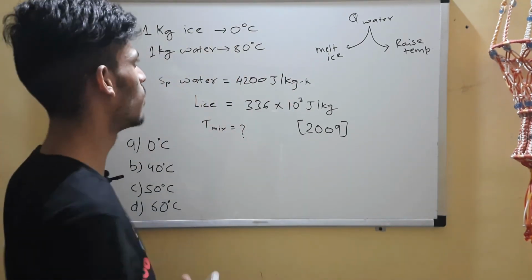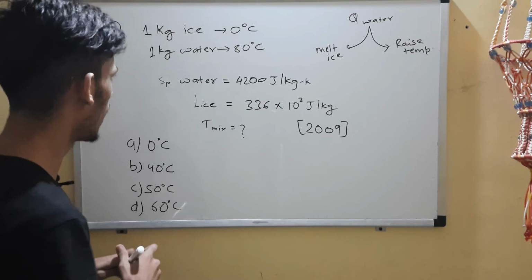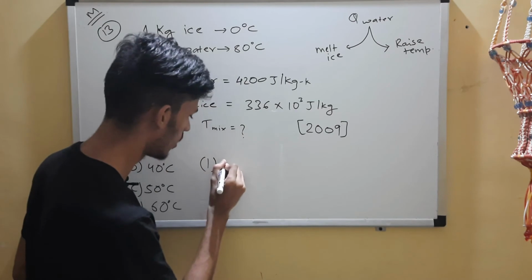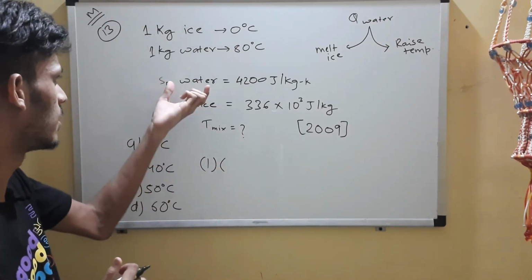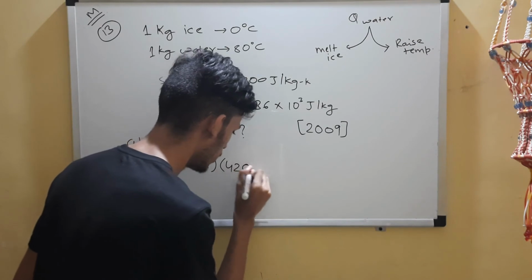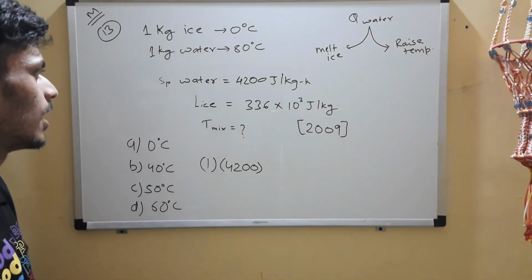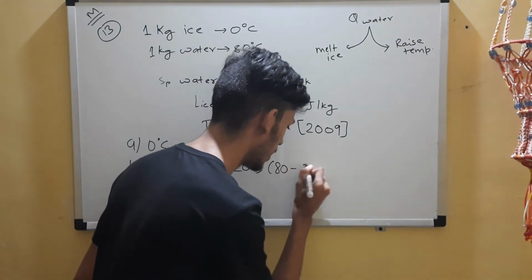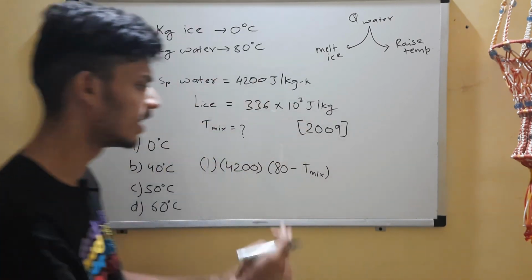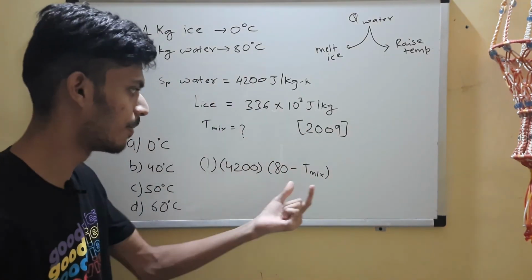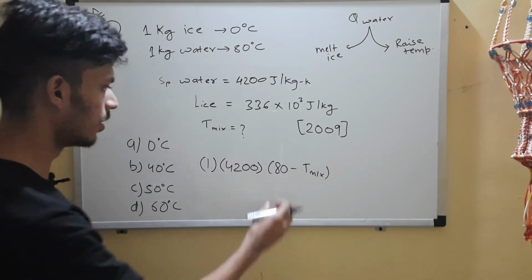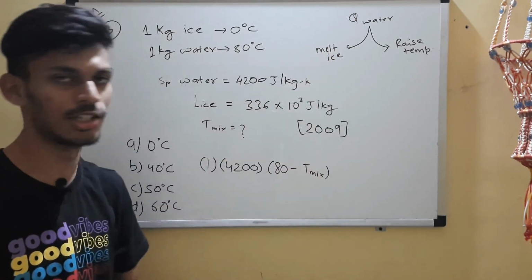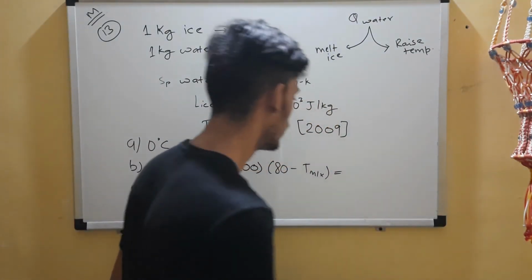Okay, so heat released by water will be mc delta T, so ms delta T. Mass of water is 1 kg, so 1 into s, where s is the specific heat of water, 4200, into delta T. Delta T will be the change in temperature. The change in temperature will be 80 minus the temperature of the mixture, right? Finally the mixture is at the temperature T mix. So the temperature change in case of water will be initially 80 minus temperature of the mixture. Okay, and then this will be equal to